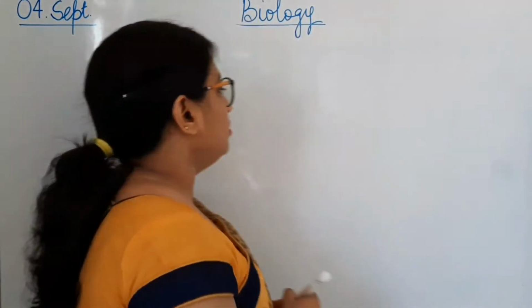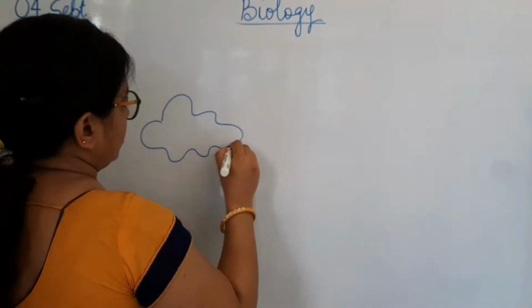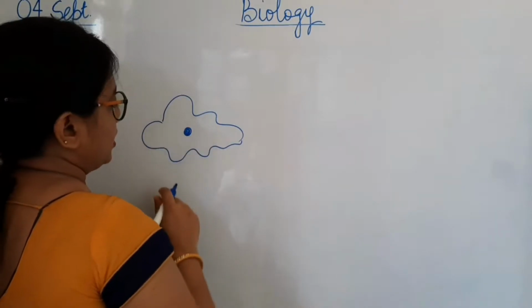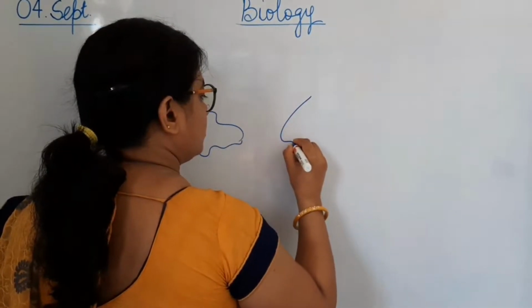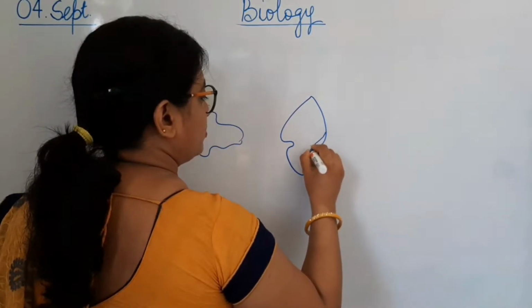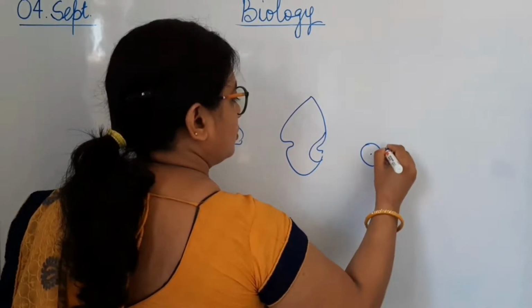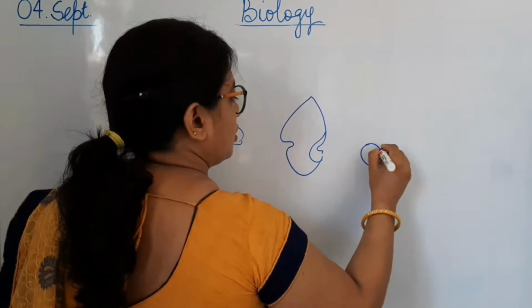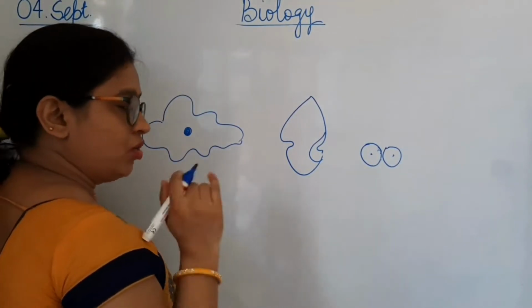That was about the observation related to the shapes of some unicellular organism, where we have seen amoeba. I am going to draw this diagram again. Amoeba, which is a unicellular organism, has an irregular shape, whereas Paramecium has a shape similar to a slipper. Then we had yeast. So basically we have three different shapes in three different unicellular organisms.